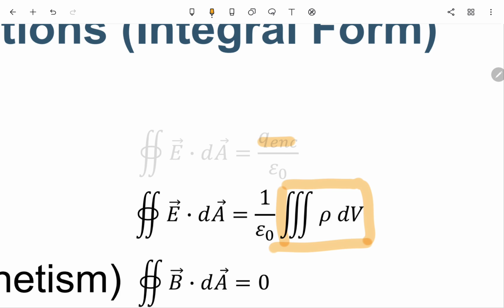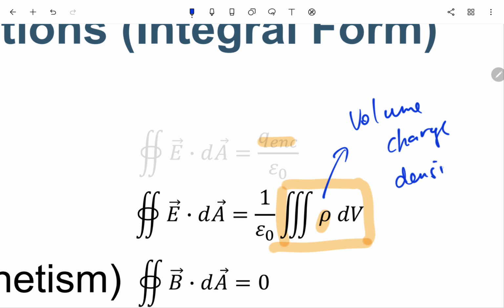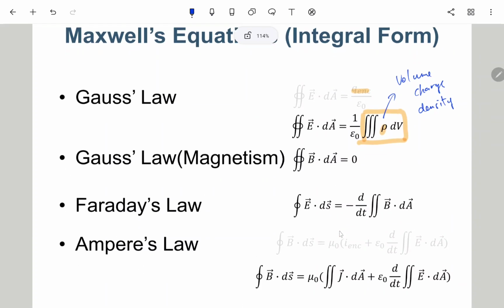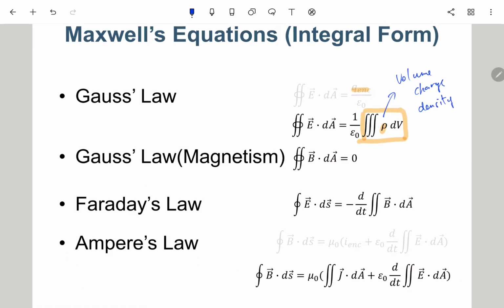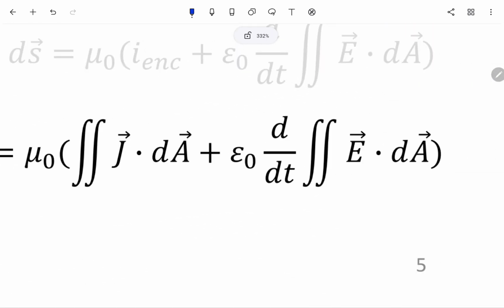The Q enclosed means the total charge enclosed by the Gaussian surface, 就是被那个高斯面所包围的总电荷。那我们把它写成 rho，是这个 volume charge density，一个体积的电荷密度，然后对体积去做积分，所以它积分回来就是这个电荷。那积分的这个体积就是被这个 Gaussian surface 所包围的。